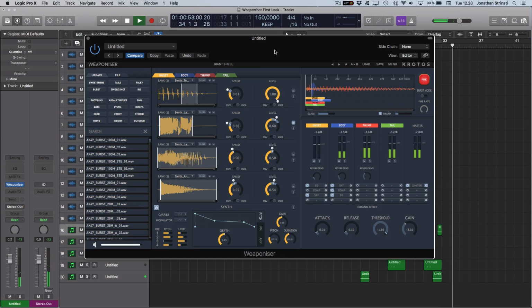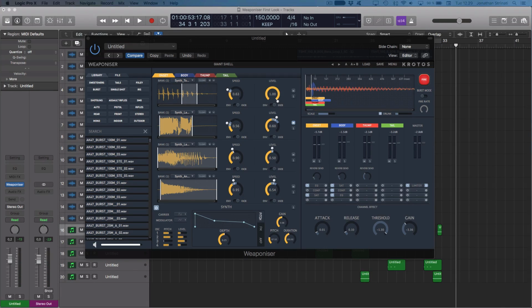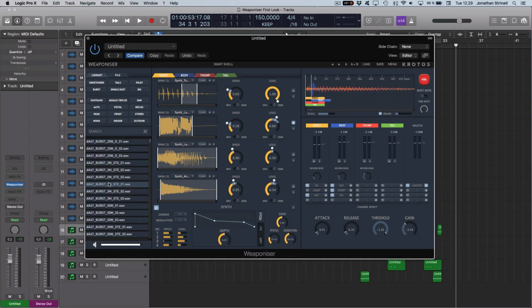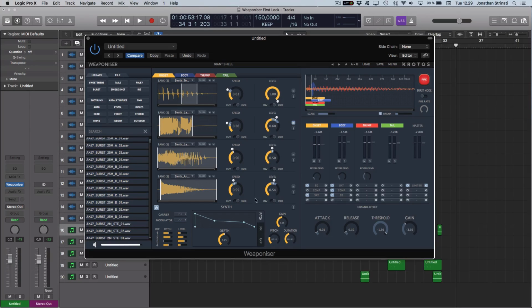So Krotos are the company that are also behind Dehumanizer and Reformer, and they specialise in tools or instruments for post-production. So Dehumanizer would take any voice and could turn it into a monster or animal sound. And with Weaponizer, they've recorded numerous different weapons, different mic angles, and presented it in this quite flexible and customizable